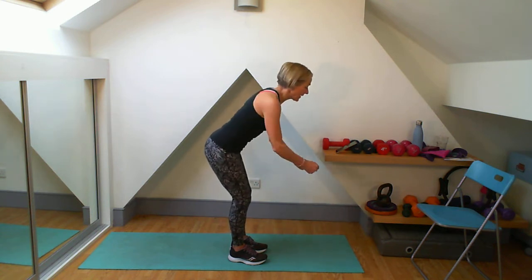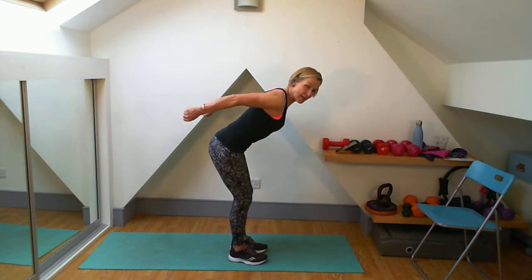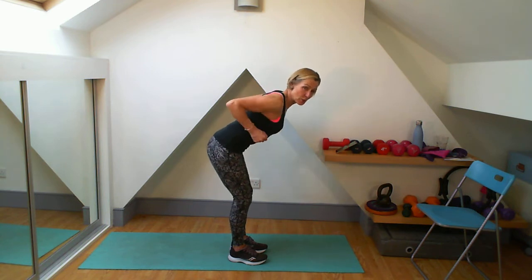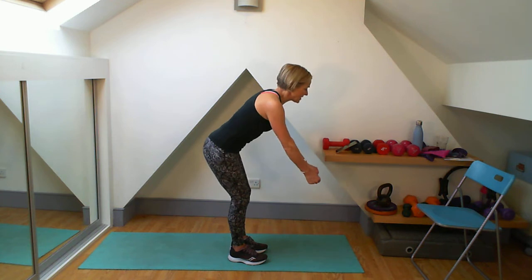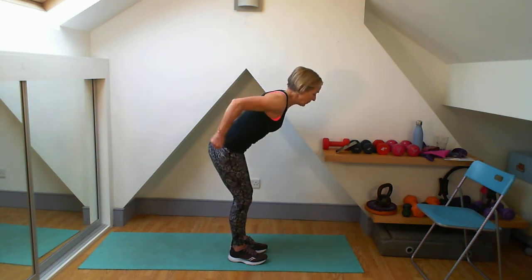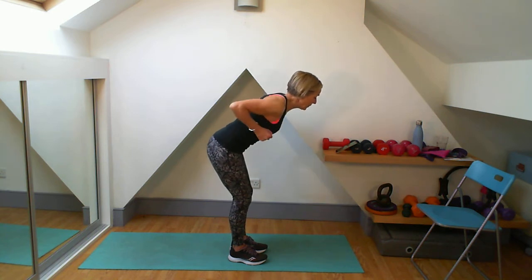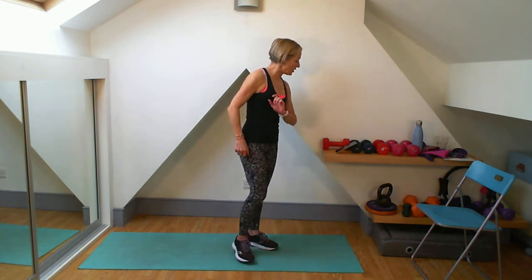Good, give me that kick back. Pull it back. Think about what those shoulder blades are doing. Give me that squeeze. Don't just let the elbows go back. Got 8 seconds left now. And well done. This is where I stop and we do a little aerobic section before we get on the